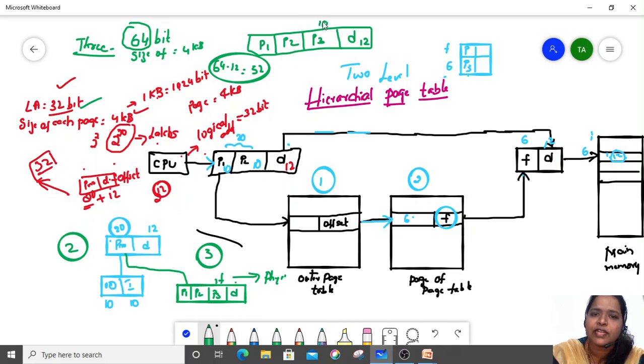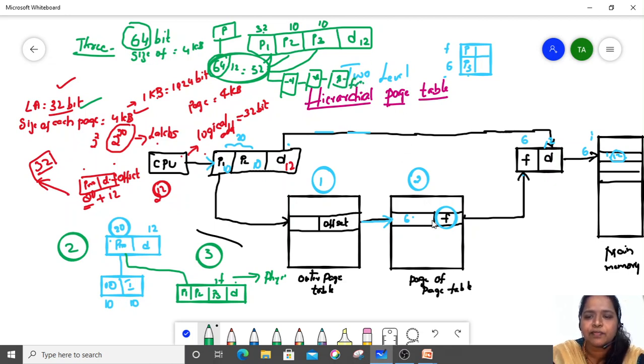Those 52 bits are going to be shared among P1, P2 and P3. Suppose P3 has 10 bits, P2 has 10 bits, and the remaining 32 bits will be handled by P1. Previously all the 64 bits had to be handled by a single page table. Now we are maintaining 3 page tables, so the burden of 64 has been reduced to 32, 10 and 10. Now P1 will generate an offset for P2, P2 will generate an offset for P3, and in P3 we will find a particular frame number.